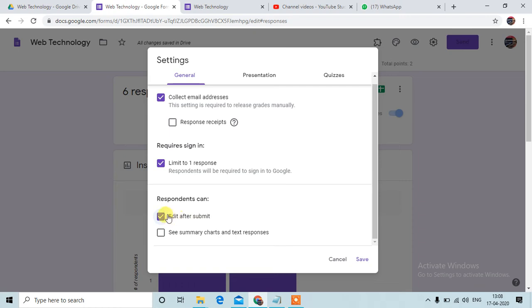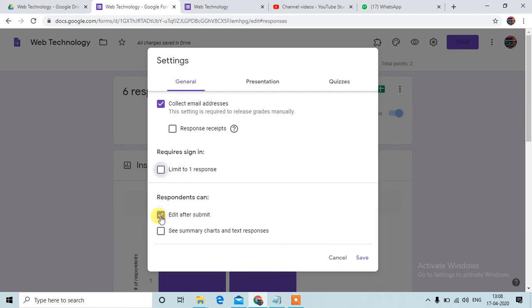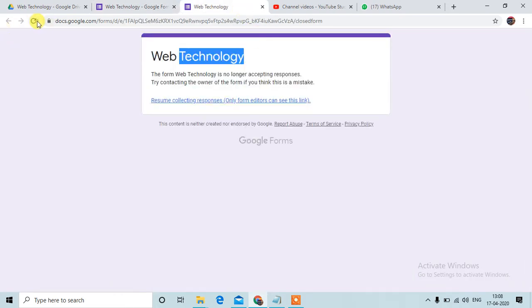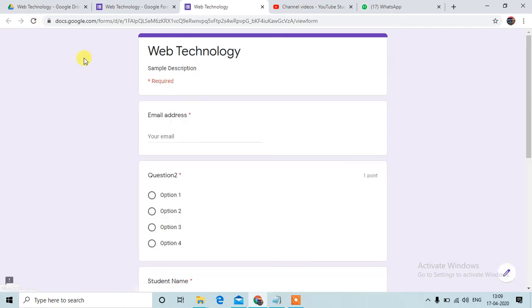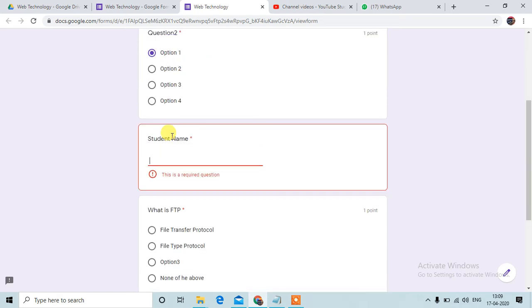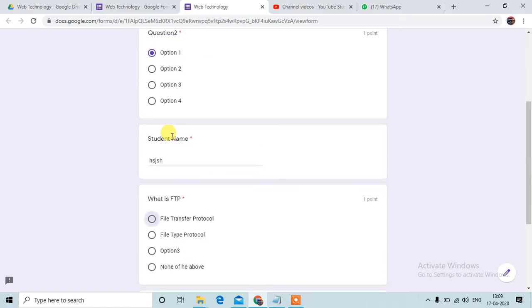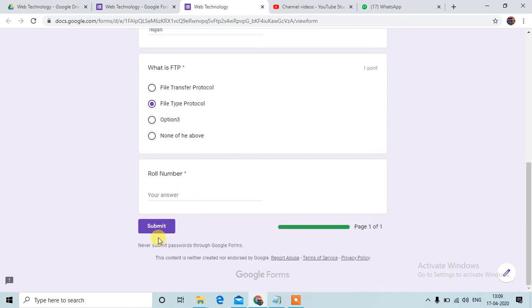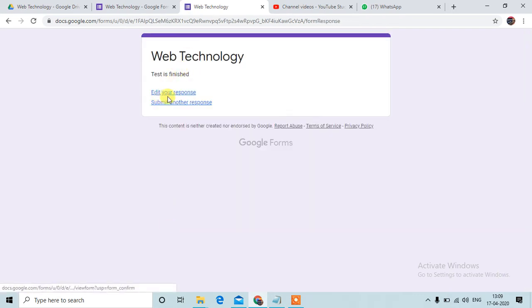So if you see, I am not allowing this. I am just changing this, edit after submit, and saving. Then again I am refreshing the form preview. So whenever I write some email ID, roll number, and submit, there is an option to edit a response.